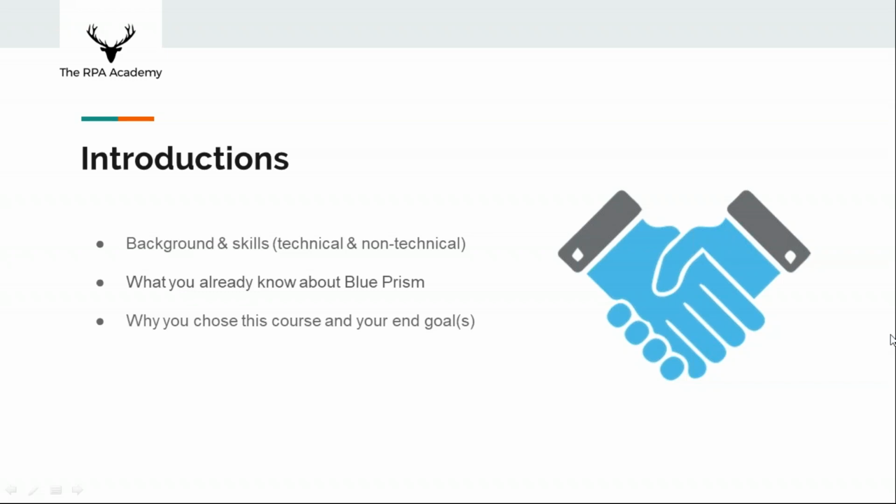Not yet. More or less, I know that it's necessary to define and to design a process and objects, and a little idea, but I need all the information you can give me. Perfect. Good, good, good.